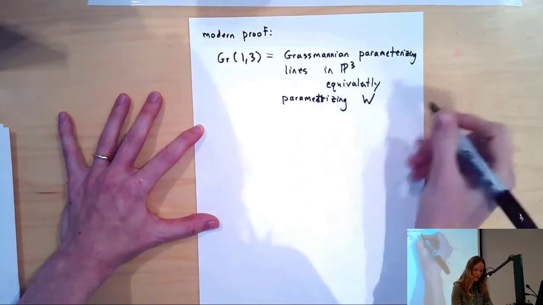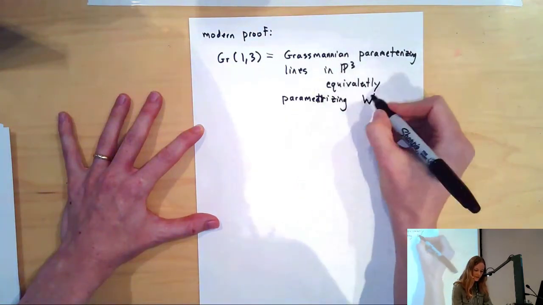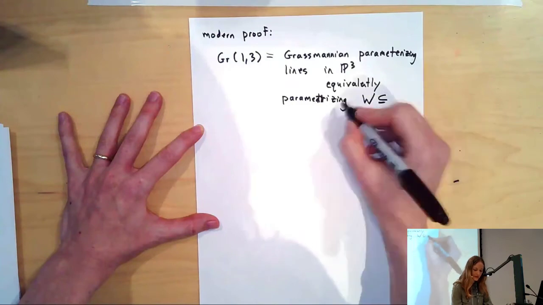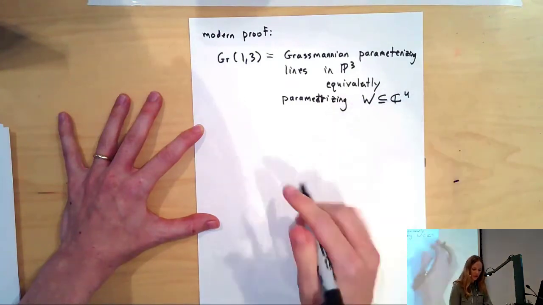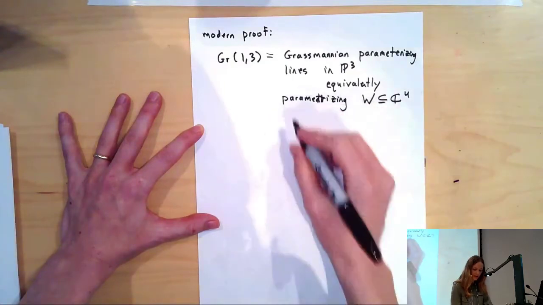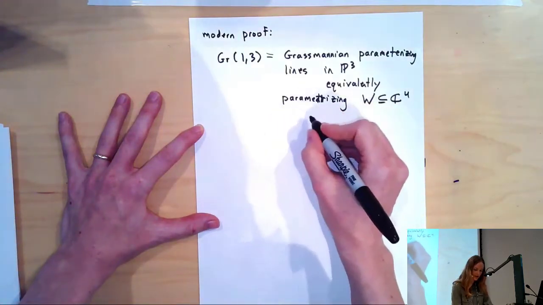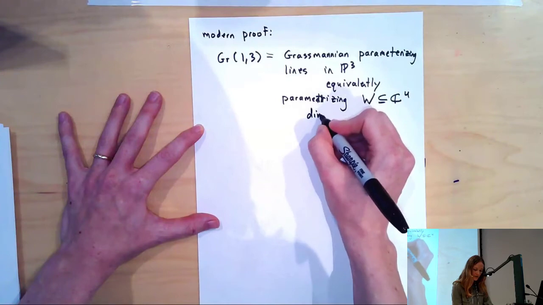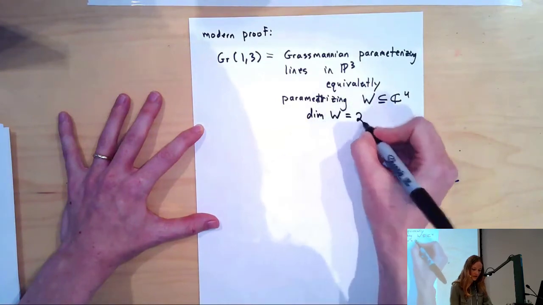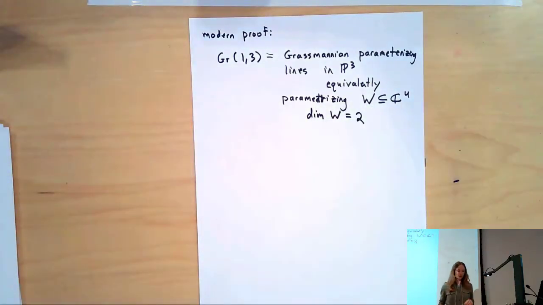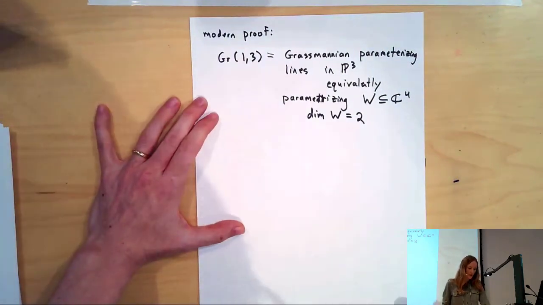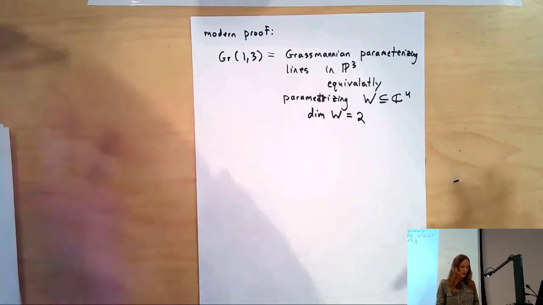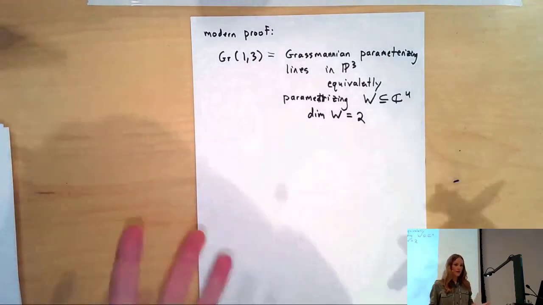So W, dimension 2. So the C points of the Grassmannian would be parameterizing dimension 2 linear subspaces. So the dimension of W is equal to 2. And above this moduli space of all of the lines,